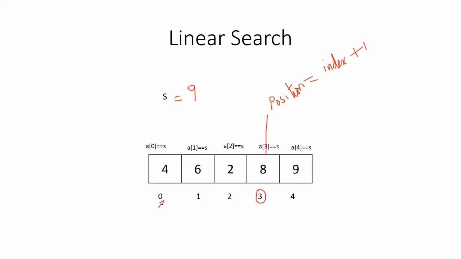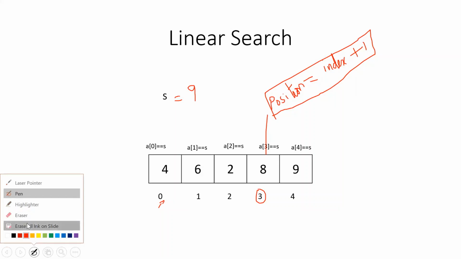By default, the index number starts from 0 and we will be entering the numbers from 0. You will always give position equal to index plus 1. So in your notes, write in a box: position equal to index plus 1. Understood? Now we are going to see our problem.